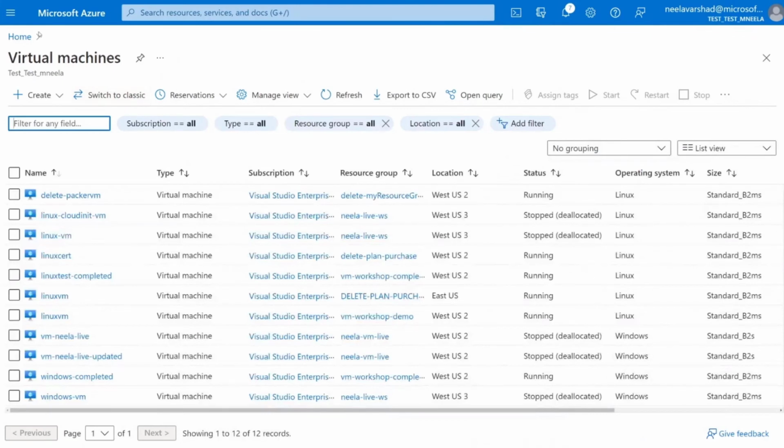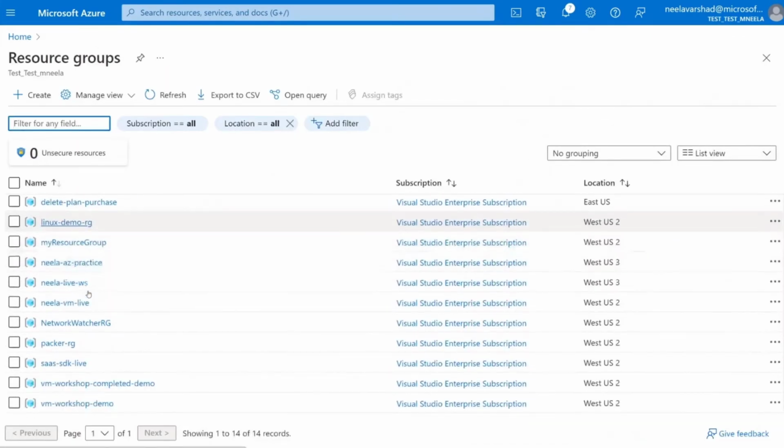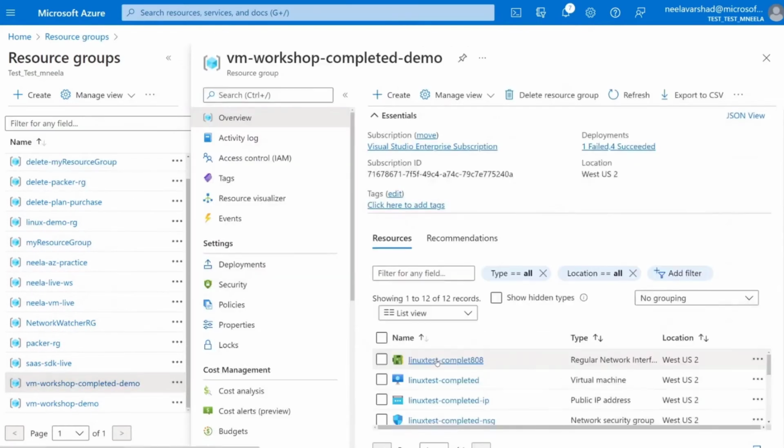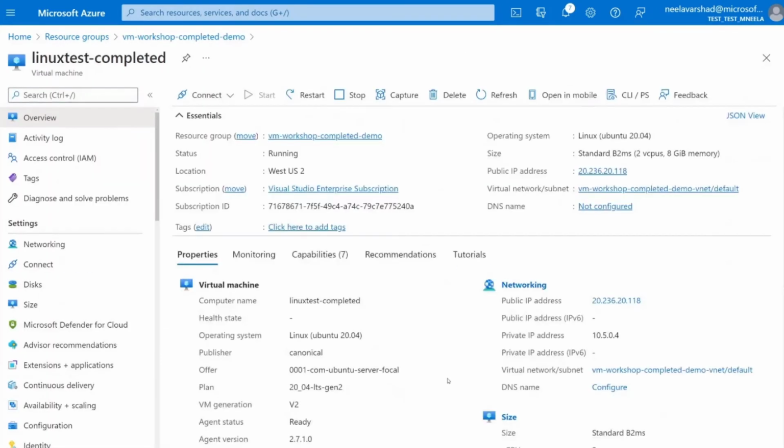why it failed. So what I'm going to do is, okay, let me go into a resource group that I've created, and look for this virtual machine that I've already created. Because of conflicting names, that deployment failed, but I've also created another one called Linux test using that same script and the same deployment. So let's take a look at what it's done and whether it has been able to